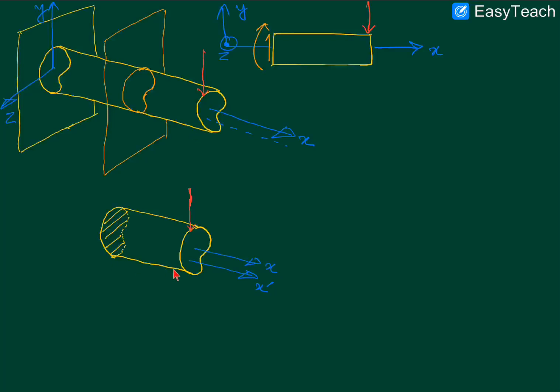So if we have to consider the twist of this cut piece, then it is not enough to stop at just the consideration of the torsional moment of this one. We have to consider the torsional moment that is contributed by the distribution of shear stresses which is present here,